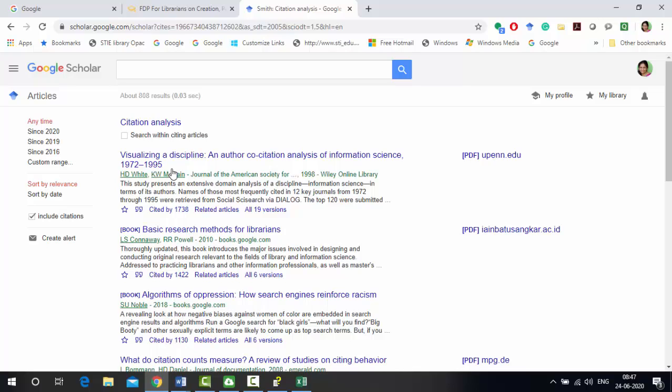And if they have cited this article, this means they also have done their research in the same field. So you can go through those articles also, and if full text available, you can make use of them also. Okay, now we will again come back.